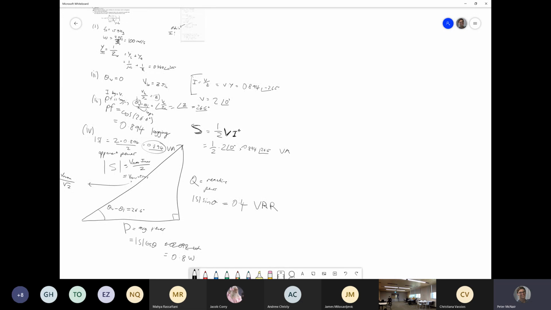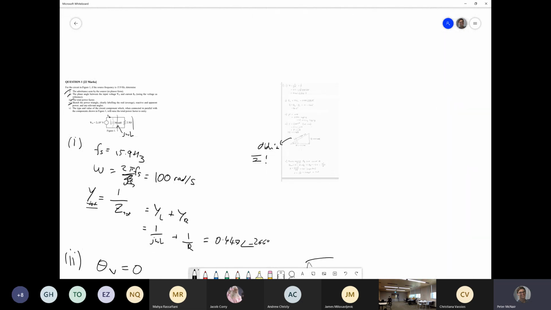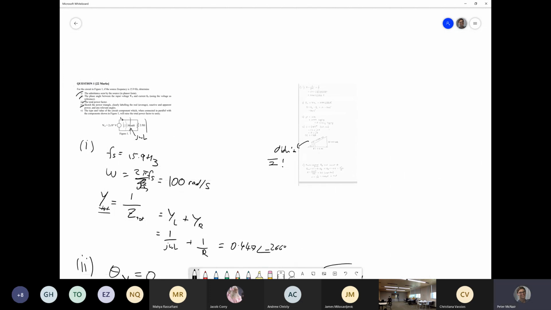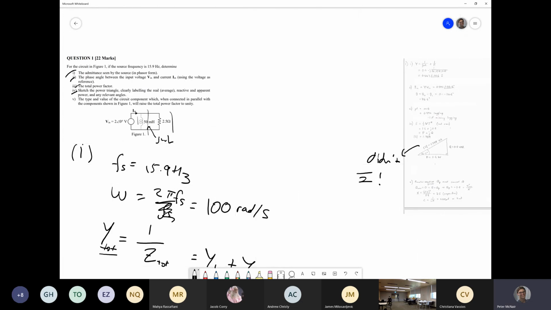And now it wants us, if we zoom back in, sorry, my laptop's died, but that's fine. Yeah, if there's a charger around. Yeah. So now we want the type and value of the circuit component which, when connected in parallel, will raise the total power factor to unity. What sort of component are we going to be adding here? Yeah, capacitor, right? So we chuck our cap like this,